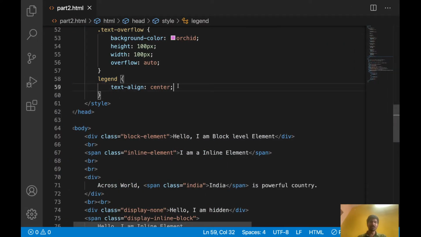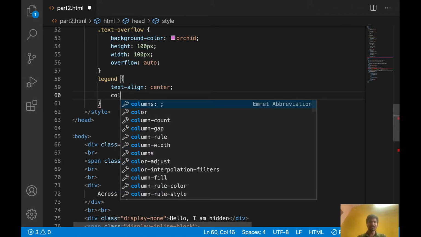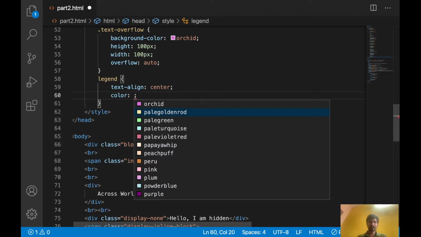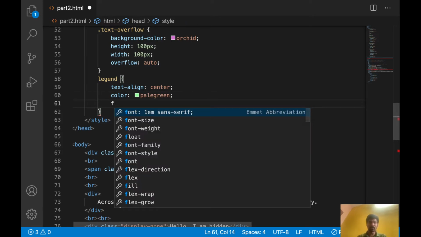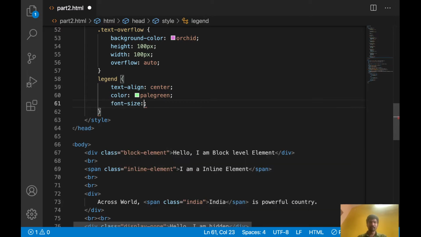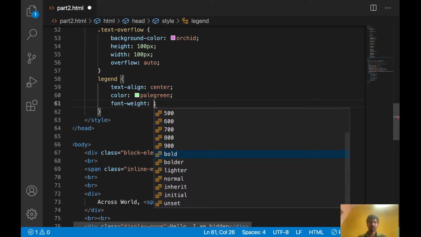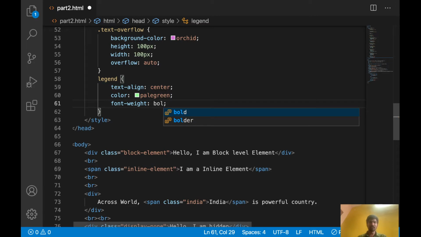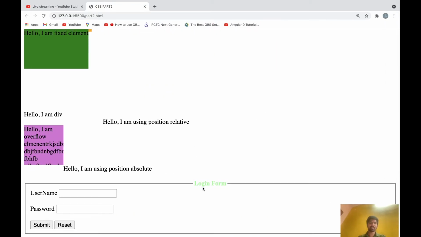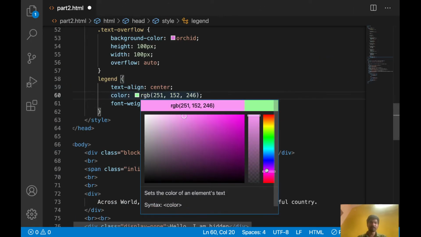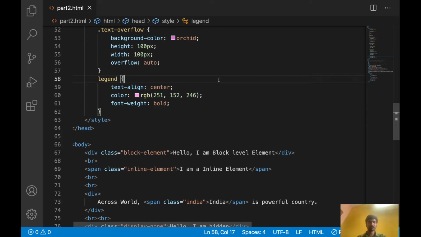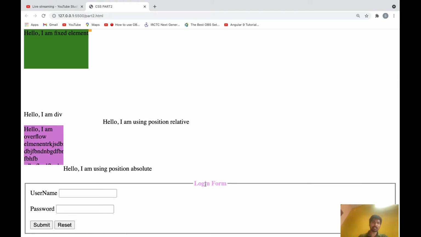If I want a different color for that title, let's use a different one and some font-weight bold. I want to give some boldness. See here, it's not looking good, so let's give a different color. See, it is coming like this now.